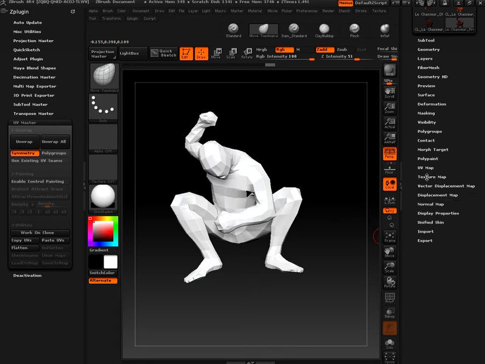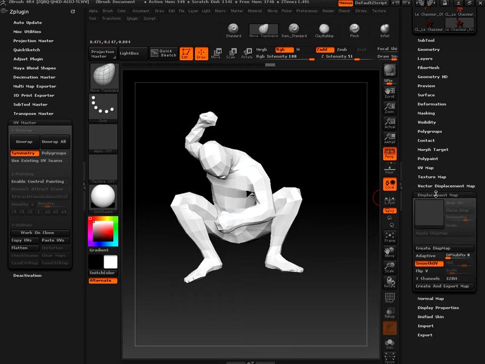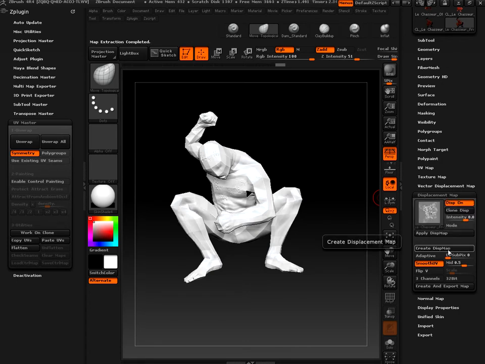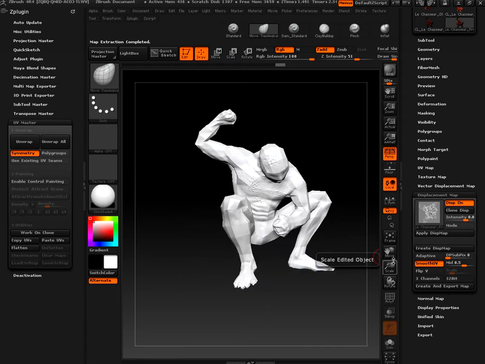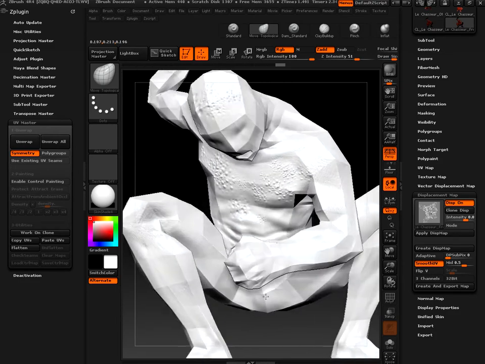So anyway, I don't need this texture map for now because I didn't paint any colors or diffuse map or whatever. So I go into the displacement map tab, and I just need to check that smooth UV is checked, so everything's okay, and I will do a displacement map. I wait a second. It's subdividing the UV, creating the displacement map, and now it's done. So I can check it